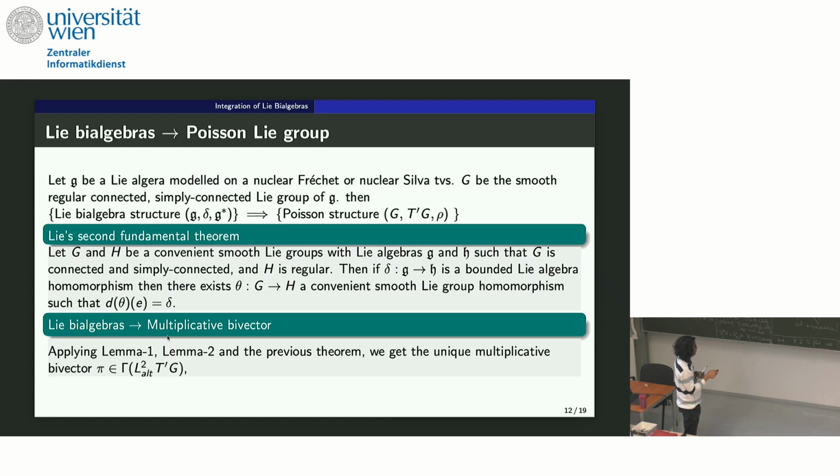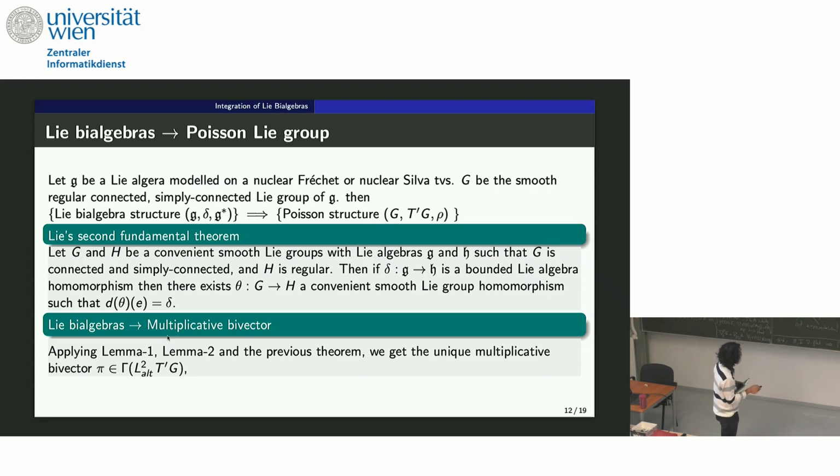It's the same as the bounded dual because Fréchet nuclear and Fréchet Silva spaces are Montel, so it's the same. Okay, so we will show that this will give us a Poisson structure on G with this vector bundle. For this, we will need Lie's second fundamental theorem, which says that